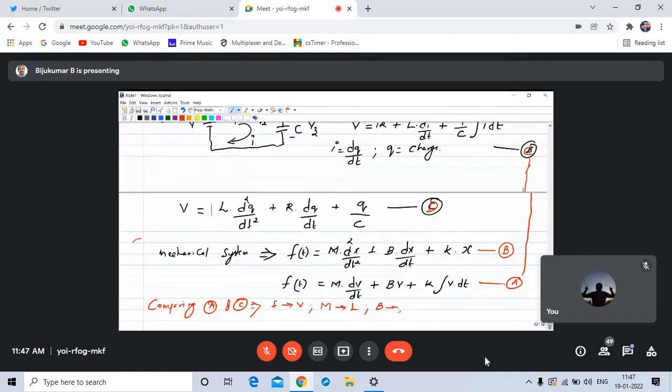Viscous coefficient B is analogous to resistance R in the electrical system, right? And the spring constant K is analogous to the capacitor 1 by C, right? And also velocity is analogous to,